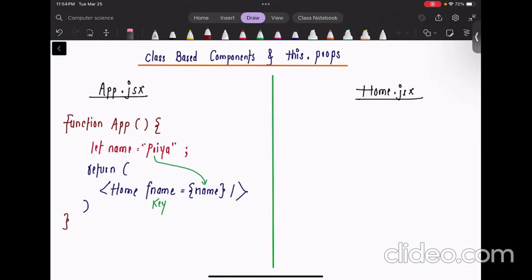So let's start it. Here I will write class. What component name do you want? Home, right? So mention the component name. Just as here your function name is the component name, correct? In a similar way, our class name is the component name. Do remember. So class Home is the component name. This should extend from